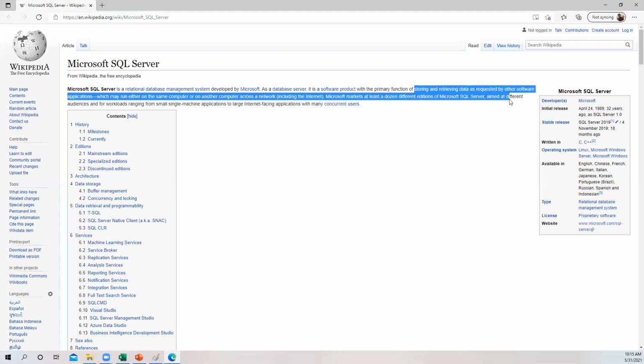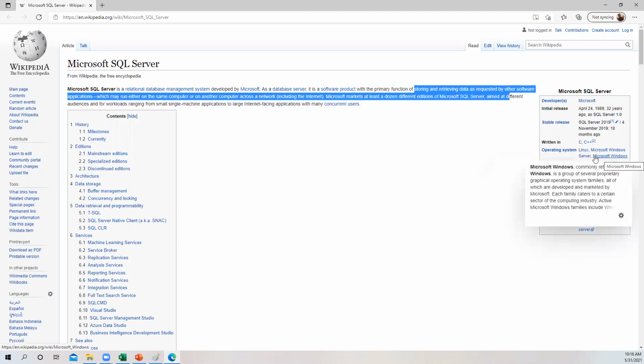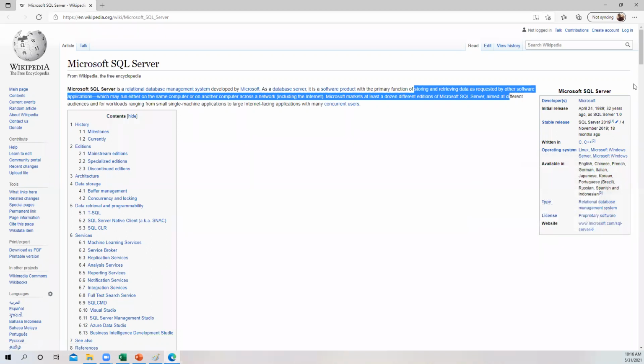Every year, Microsoft releases updates, and companies install the latest release. It is supported on different operating systems like Linux, Microsoft Windows and Windows Server. Guys, in BI projects, in so many places you will see Microsoft SQL Server as a data source.